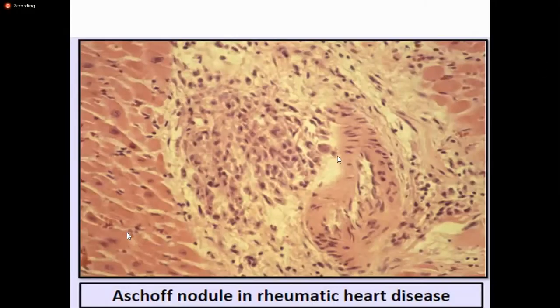See, this is how we find them. These are the Aschoff nodules. This is the whole nodule, in rheumatic heart disease. This is also a post-autopsy finding. Normally, routinely, there is no chance to take a cardiac biopsy. It is possible only with open heart surgery, or when we need the whole heart to diagnose a cause of death.